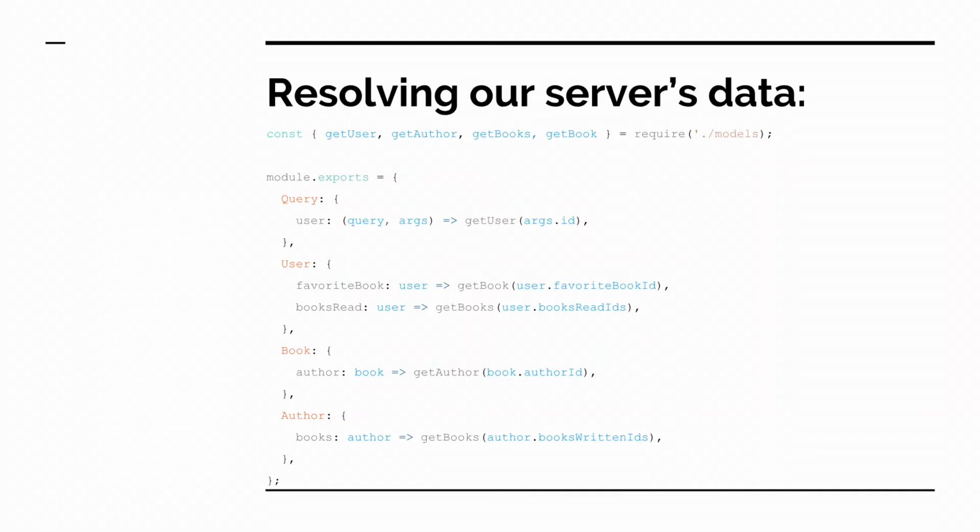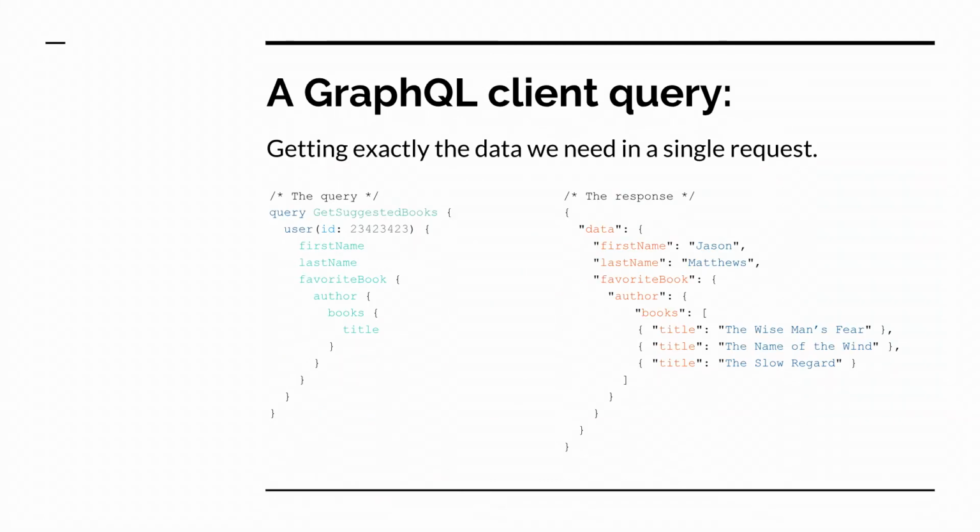And so I need to be able to tell it how to get the books that are associated with maybe an array of book IDs. We also have a type for the book itself. Again, filling in a field that the parent object doesn't know about, getting the author. We're doing the same on the author with getBooks. I'm going to get more detailed into this in a little bit as I go through a live code exercise. And so what we end up with is just that code that you saw right there, and just that schema,